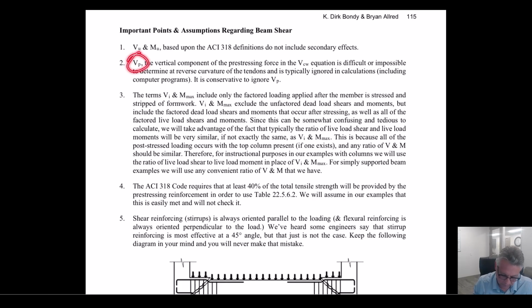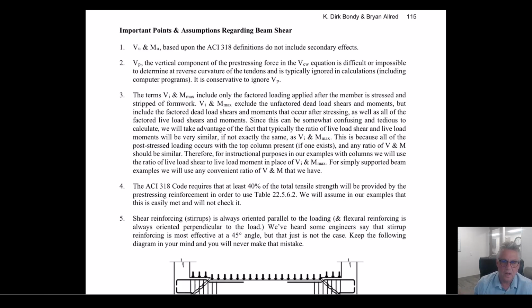Again, we're going to ignore VP. I told you I had an easier way to come up with VI and Mmax, and those had strange definitions because that's the way the test was run. Really what we're going to do is, for the most part, we can take any ratio of V and M that occur at the same location. In the project that I'm going to have you work on and the shear